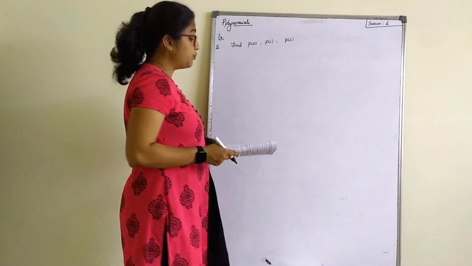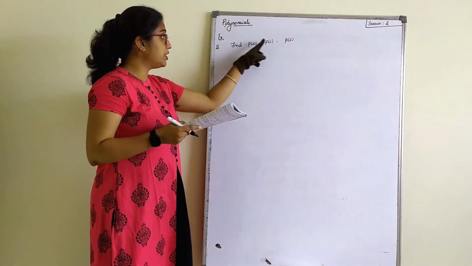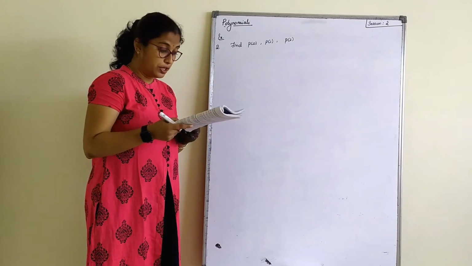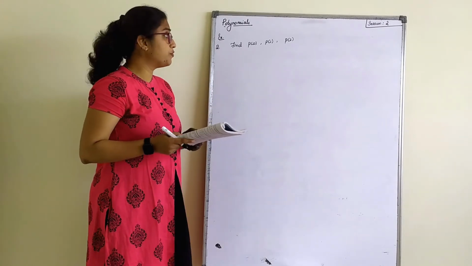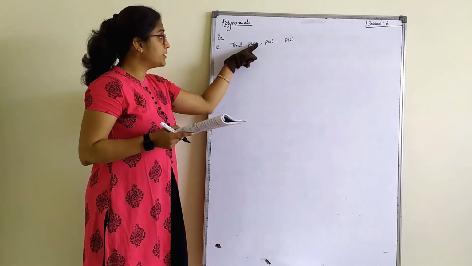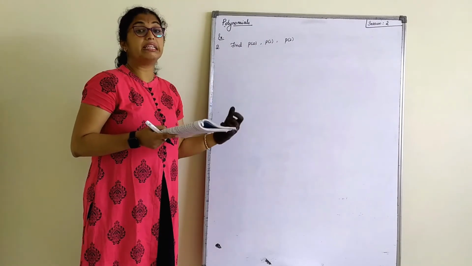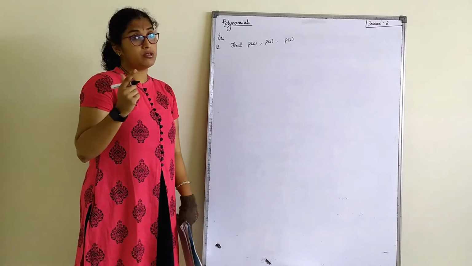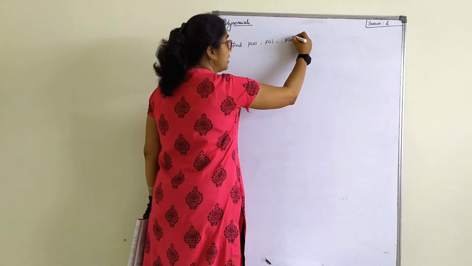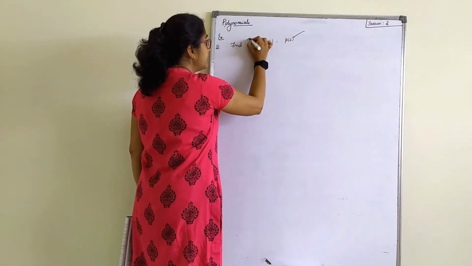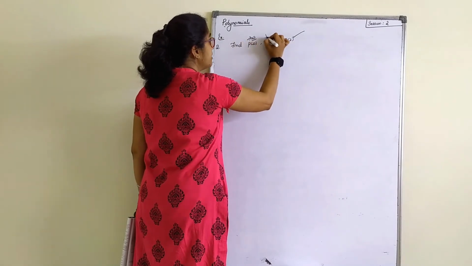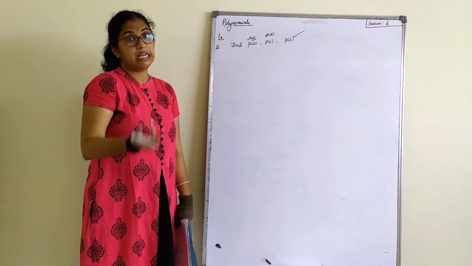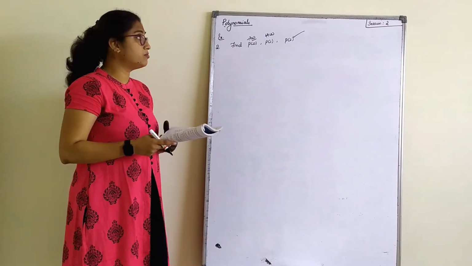Let's start with the second one. Find P of 0, P of 1 and P of 2 for each of the following polynomials. That means we need to find the value of P of 0, P of 1 and P of 2 in the given polynomials. Now again here I will be choosing only one. I will only do the part wherein P of 0 and P of 1 will be the homework. You have to do this. The same answer will be discussed in tomorrow's class.